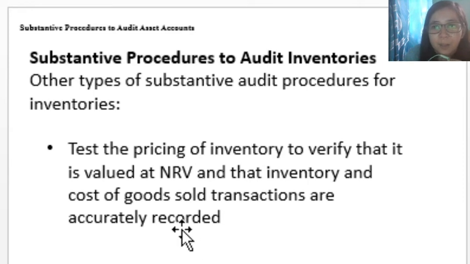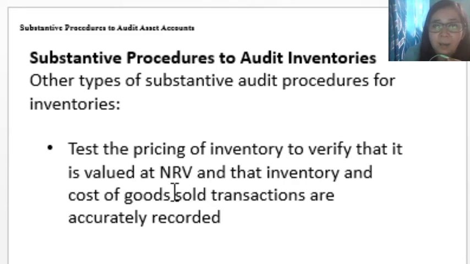Aside from what we have mentioned about the substantive procedures in auditing inventories, there are other types of substantive audit procedures that the auditor can perform as well. So these are the following. First, the auditor can test the pricing of inventory. The purpose of this is to verify if they are valued at net